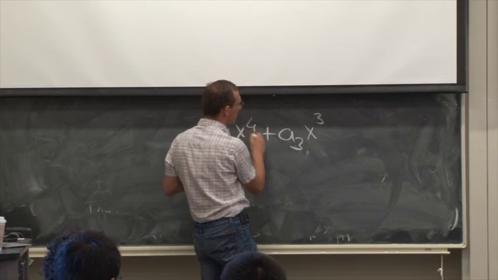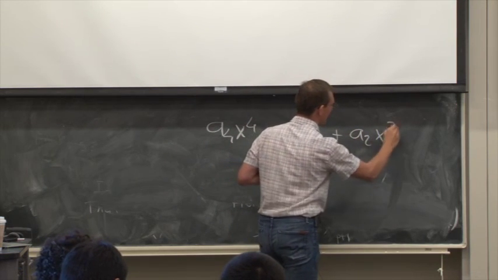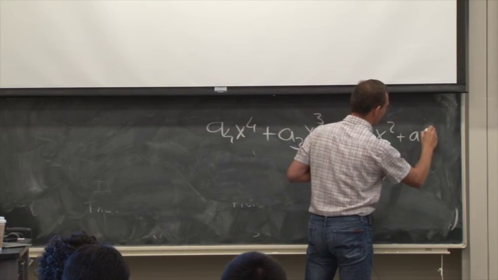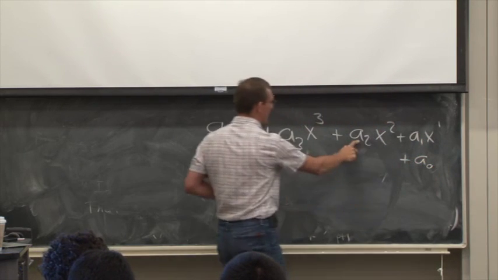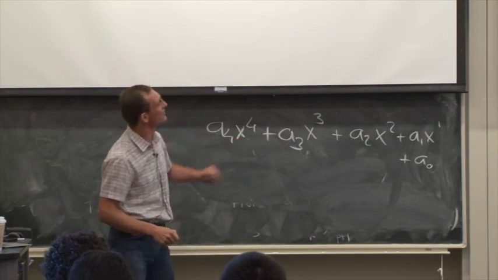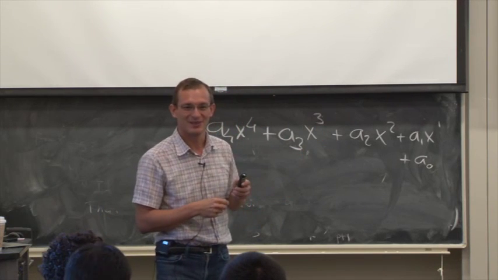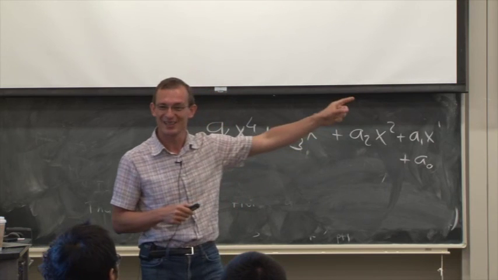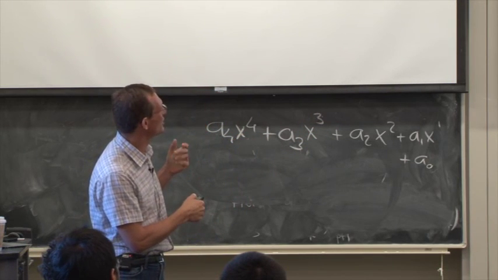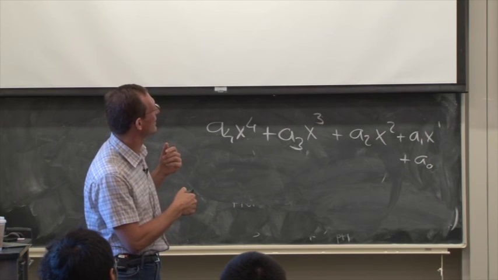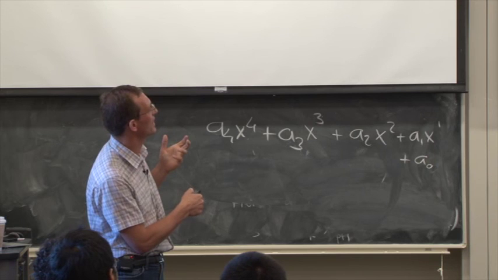A4 x to the power of 4, A3 x to the power of 3, A2 x to the power of 2, plus A1 x to the power of 1, plus A0, where the A's are constants and x is a variable. I'll ask you this question. Maybe you can take 5 minutes of your break to answer it. You can assume each operation takes 1 cycle, and you can see how many operations there are. There are some additions and there are some multiplications, right?